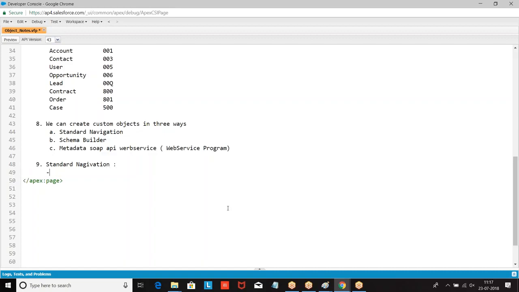If you want to create using standard navigation, we have 2 formats: Classic and Lightning.